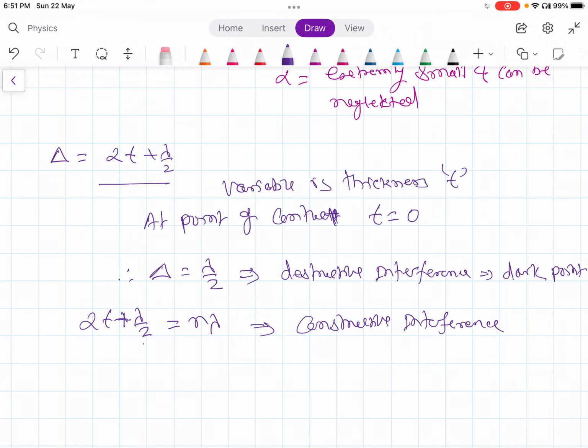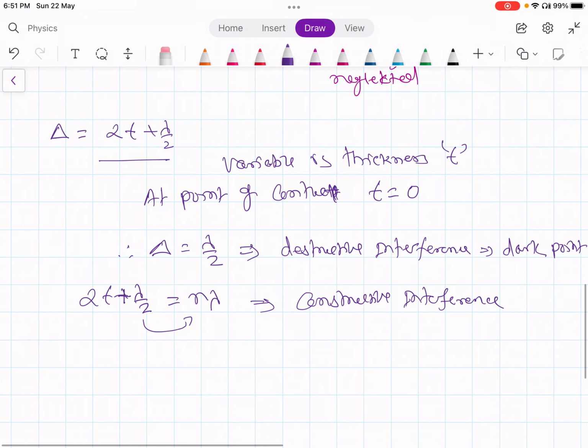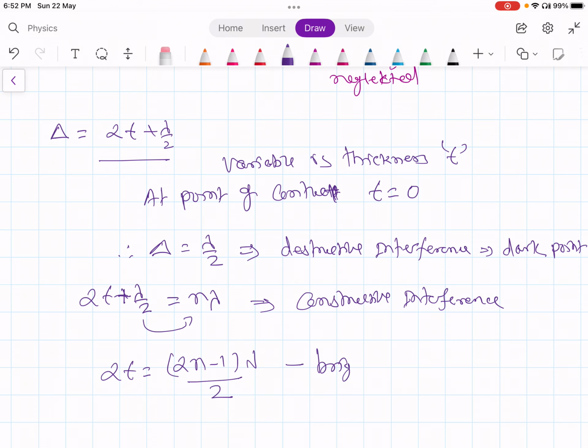So let us simplify this. Let's transfer this lambda by 2 to the RHS. Then you get 2t is equal to (2n minus 1) lambda by 2, and this is the condition for bright ring